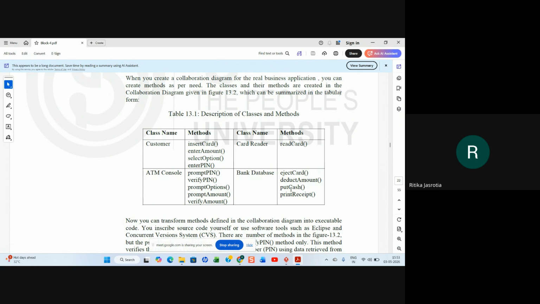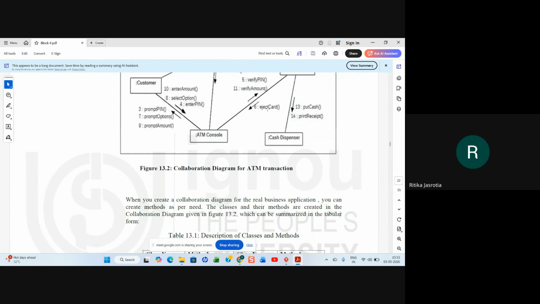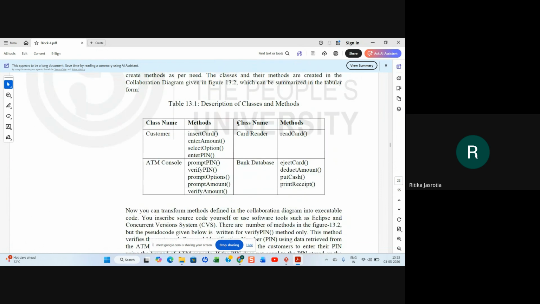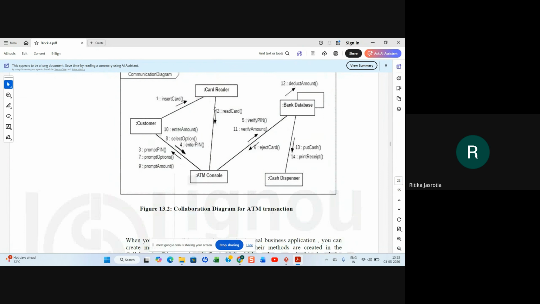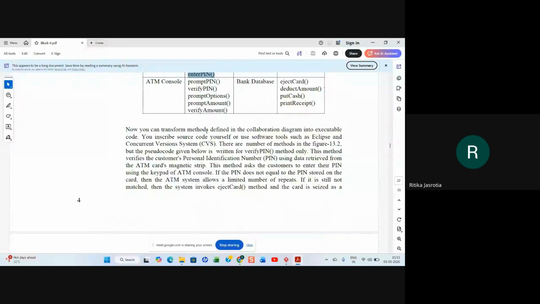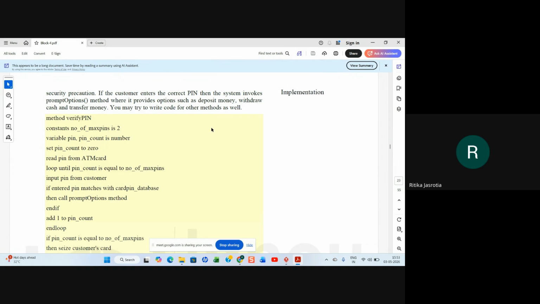So eject card, deduct amount, put cash, print receipt are for this. This is how you find out the different methods from the collaboration diagram. Can you understand how you are taking out methods according to the classes? Yes.